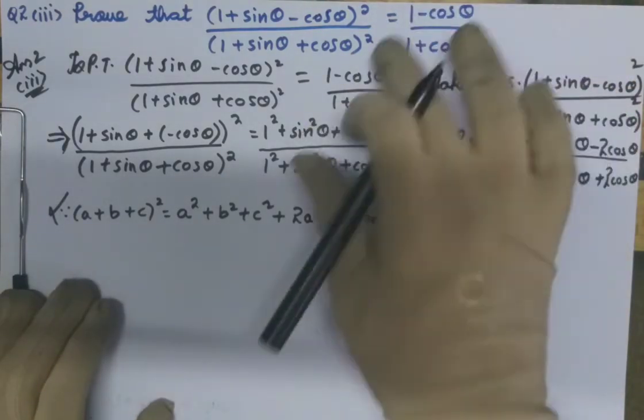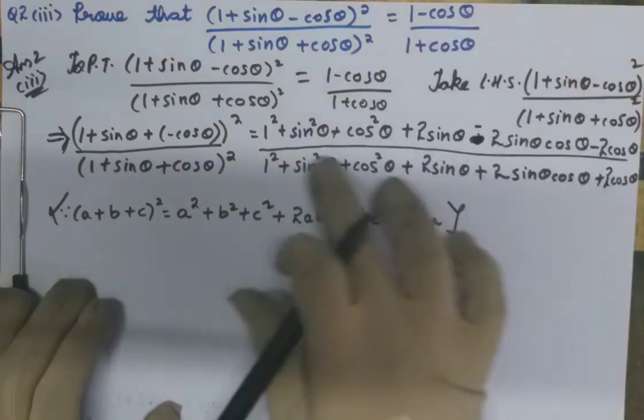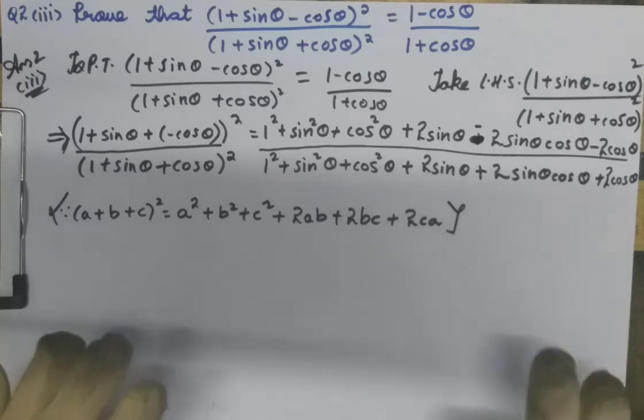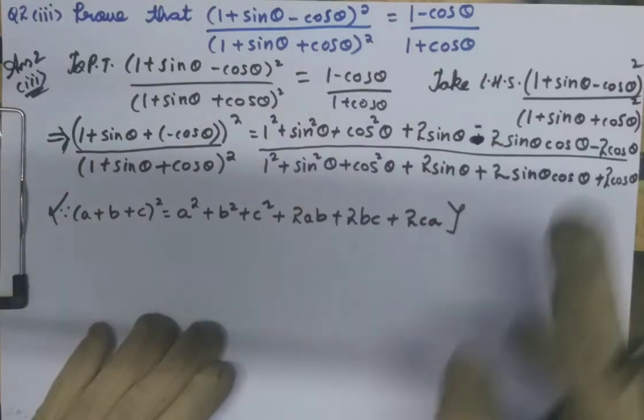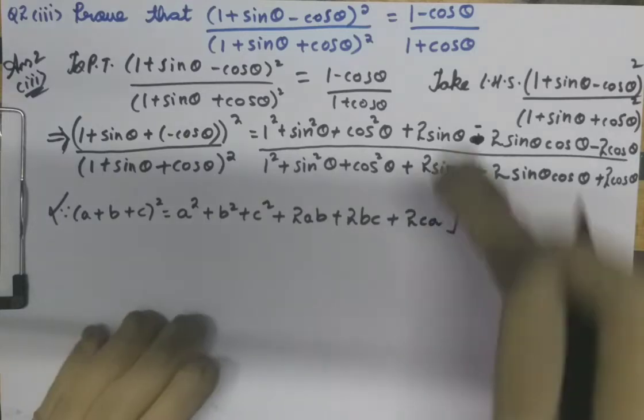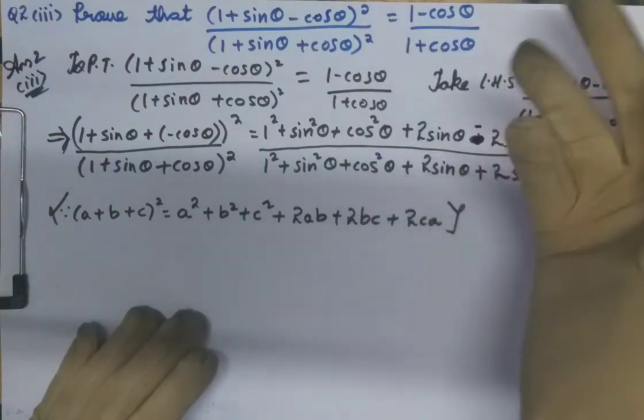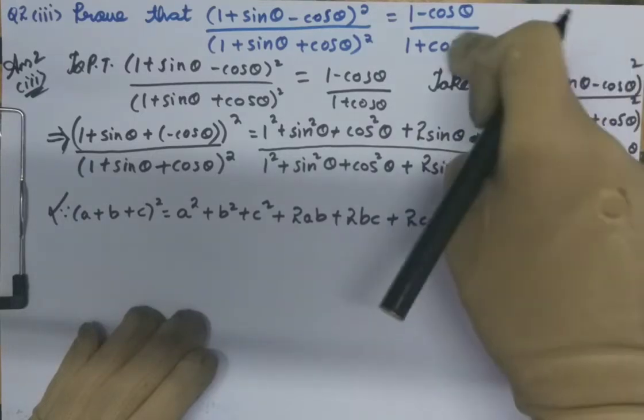We don't have any 2 here. So here we will eliminate 2 from both the numerator and the denominator. Whenever you solve trigonometric sums, the hint here is always carefully keep an eye on RHS. Whenever you proceed with the steps, keep seeing what the RHS is, and according to that you proceed.